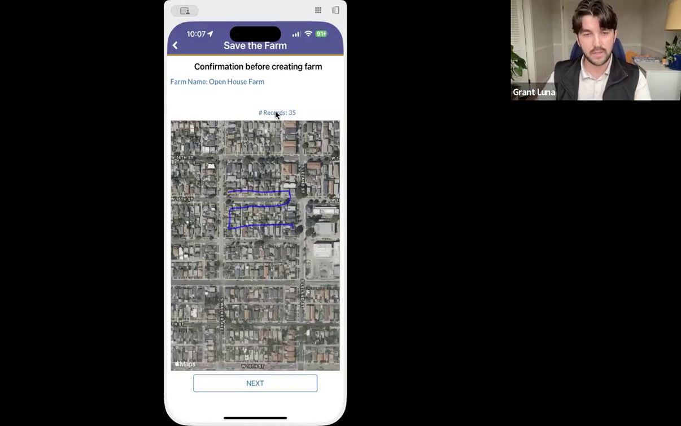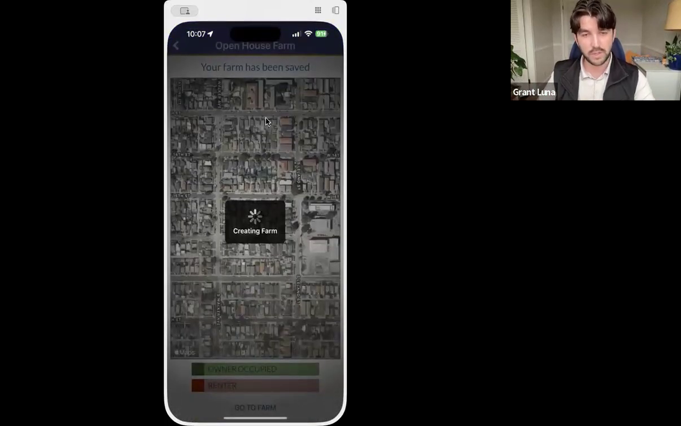So you'll have this loaded, and see the number of records. This is showing that this map area has 35 records. So let's say maybe that's too much for you. You can go back and create a smaller area. Maybe it's not enough. You can go back and create a bigger area. So click next. This next part will show you the breakdown of this map area,